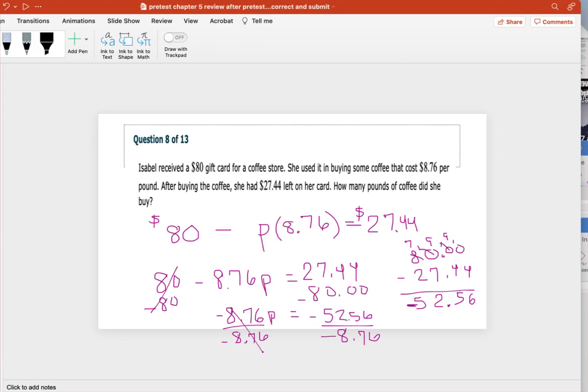This is going to cancel, and we're going to get P equals. Now remember, a negative divided by a negative is a positive. So now all we have to do is this math right here. So let's come over here and do 52.56 divided by